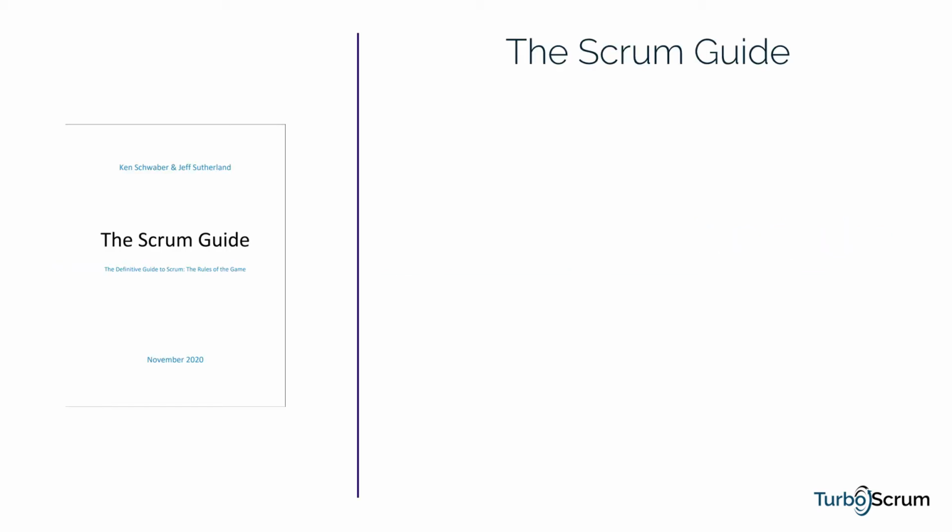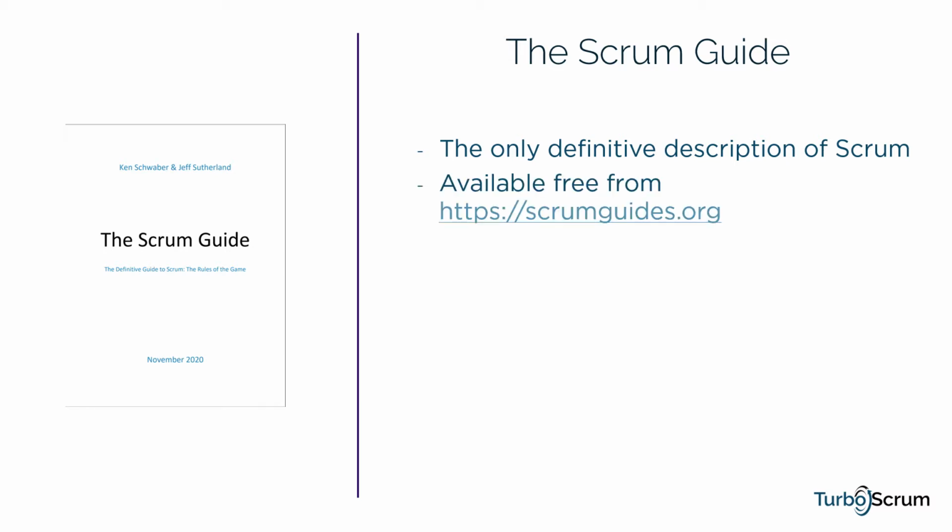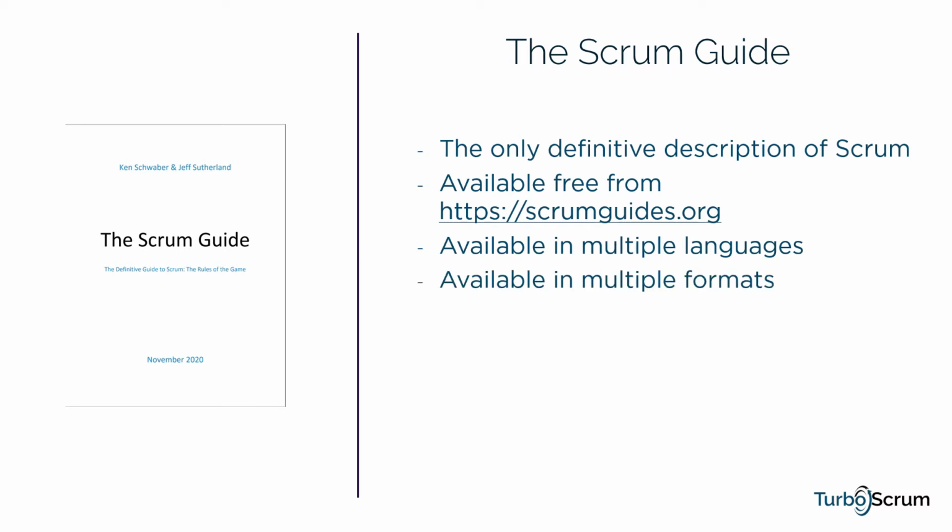Everything you need to know about Scrum is contained within the Scrum Guide. It provides the only definitive description of Scrum. It's available, free of charge, from scrumguides.org and comes in multiple languages. It's also available in multiple formats: online, PDF, and audio. The entire guide is described in 14 pages. If we take away the title page, table of contents, and endnotes, we end up with 11 pages that explain